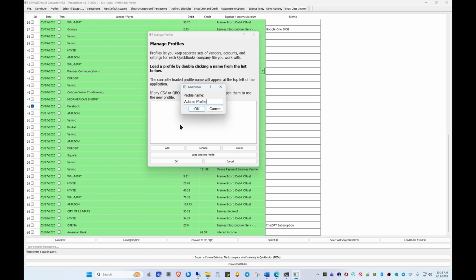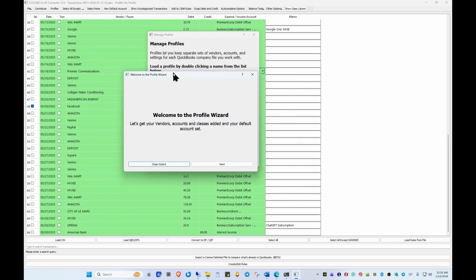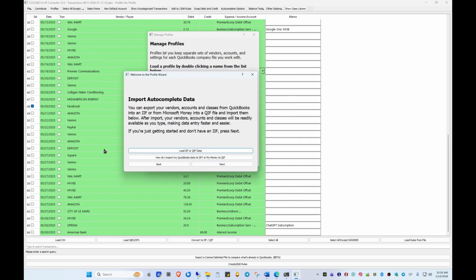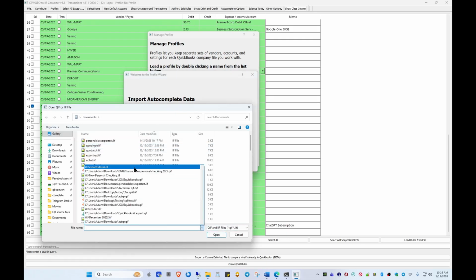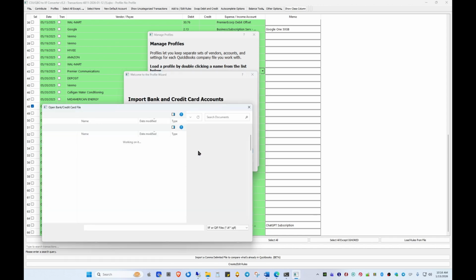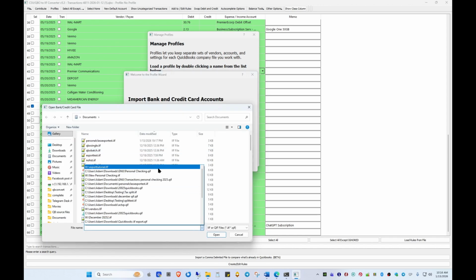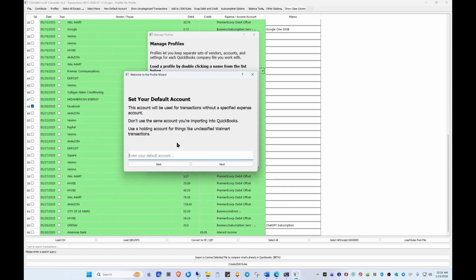So if we were to add Adam's profile and hit OK, it then walks us through a new profile wizard, which you would then import the exported transactions and the exported vendors and accounts from that QuickBooks profile. And you would just bring them in. Now these are going to be exactly like the ones before. There we go. And we're going to call this one